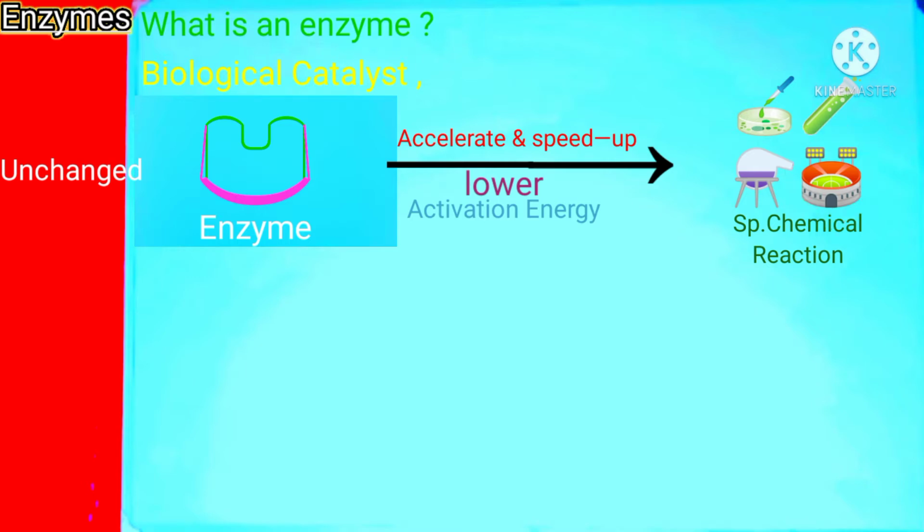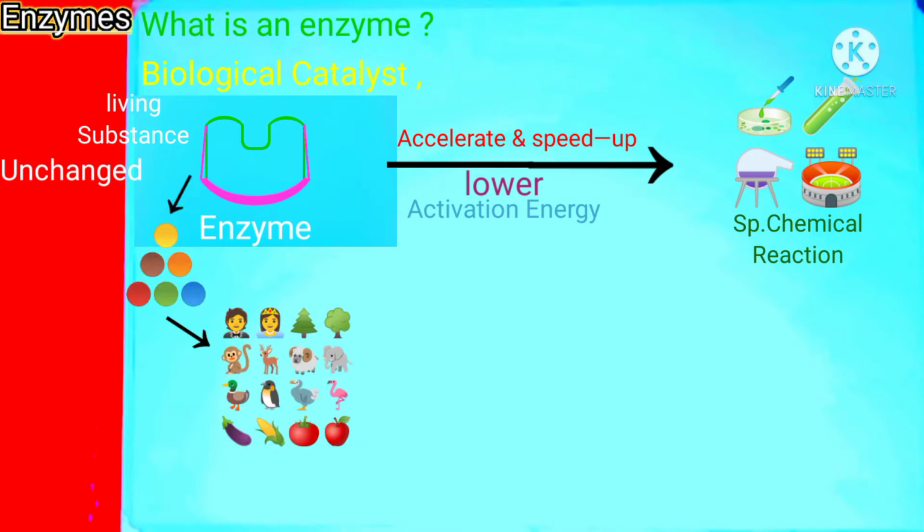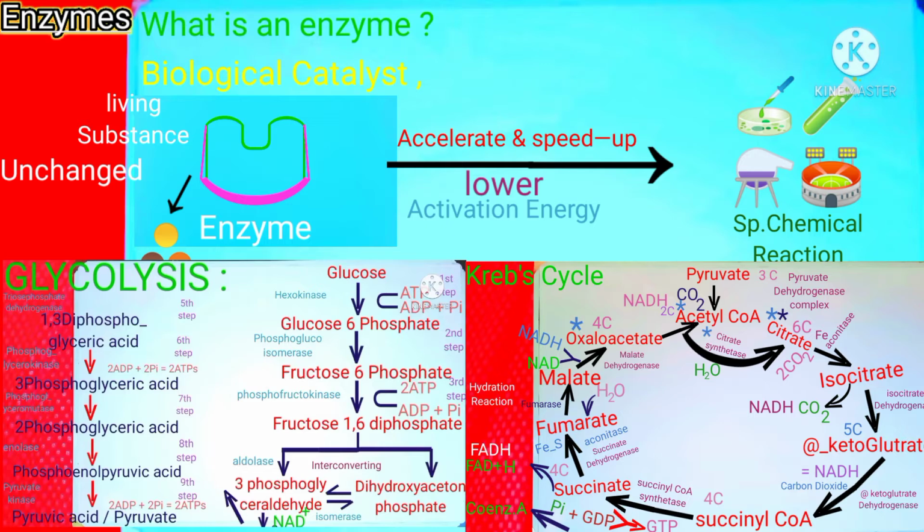In simple words, we can also say that an enzyme is a living substance, a living structure that is present in almost all the cells of all the organisms, which can increase the rate of a chemical reaction. For example, during glycolysis and Krebs cycle, a large number of enzymes are utilized, such as hexokinase, phosphoglucoisomerase, phosphofructokinase, and various other enzymes. All of these enzymes accelerate these specific chemical reactions, these specific biological processes like glycolysis and Krebs